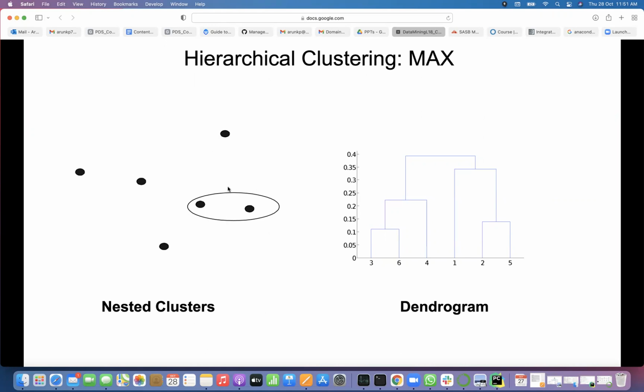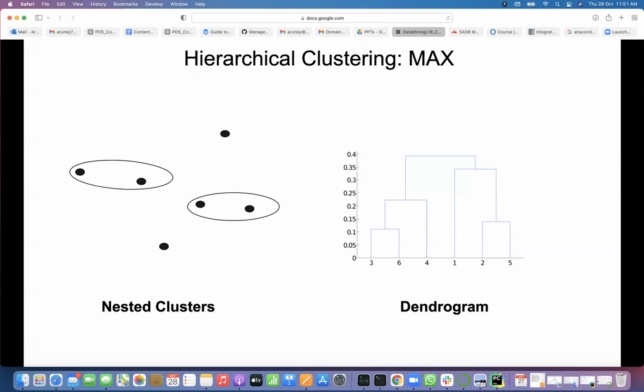But when it comes to a cluster, you need to find 2 distances from the outside point to the cluster, one to each of the cluster's points. Whatever is the maximum, that is the distance between the individual point and the cluster of these 2 points. Like that, you need to find whatever is the min among all of those max distances you found. So that should be merged here.